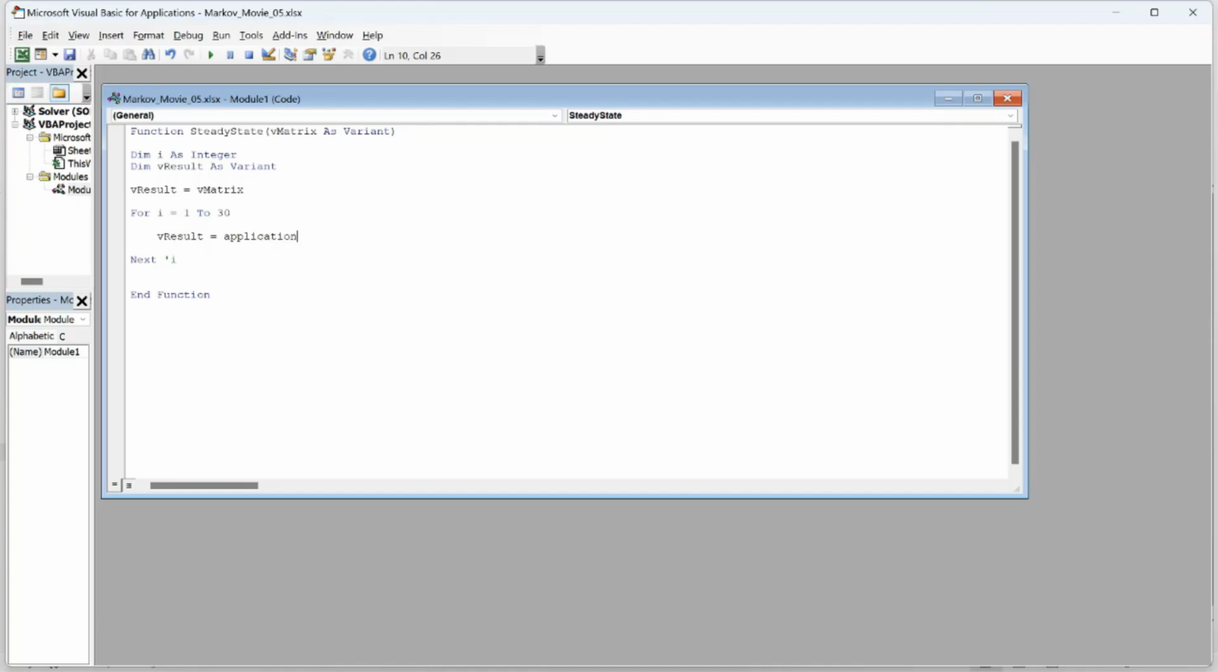And for that, we can use the built-in worksheet function. So that'll be application.worksheetfunction.mmult, which is matrix multiplication. And then I need to identify the two matrices we're going to use. So that will be vMatrix as argument 1, then a comma, and vResult. There we go. And then after that has been done 30 times, we should get a steady state, and then